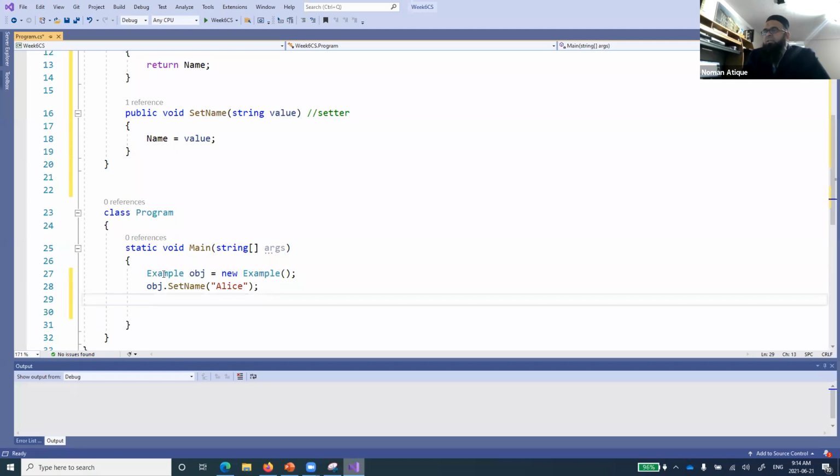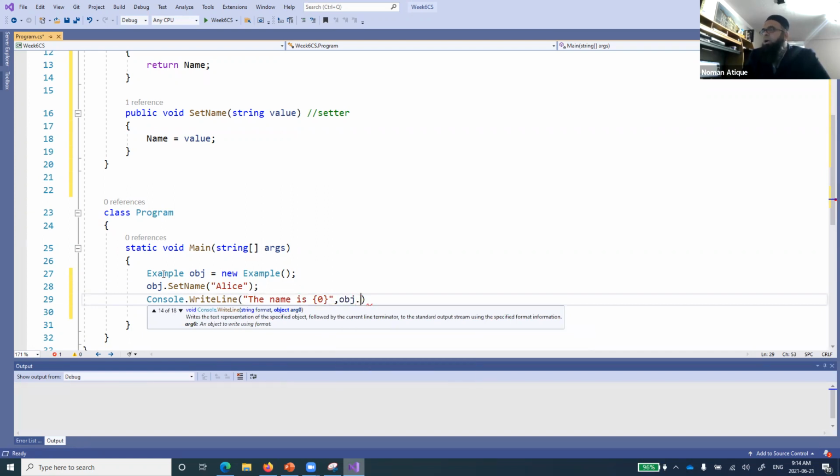And I want to print the value as well, so console.WriteLine, the name is placeholder. Again, I cannot access the name directly. Rather, what I can access is the getter function, get name.